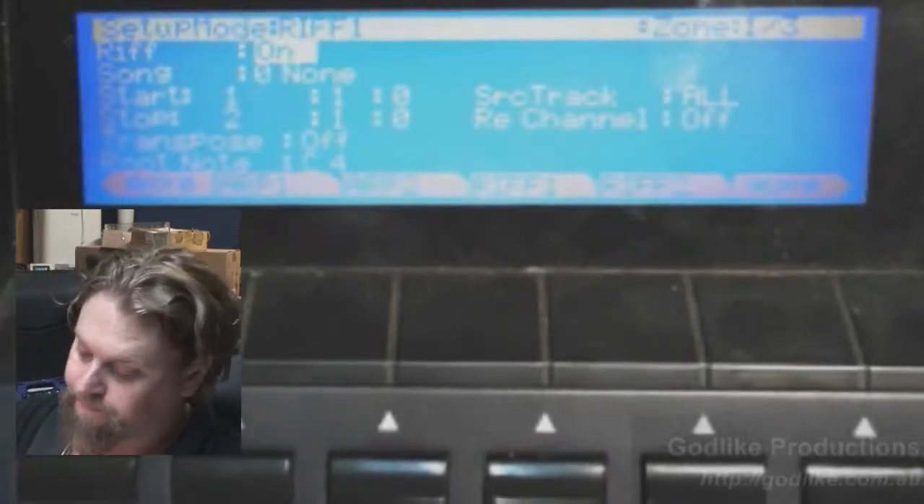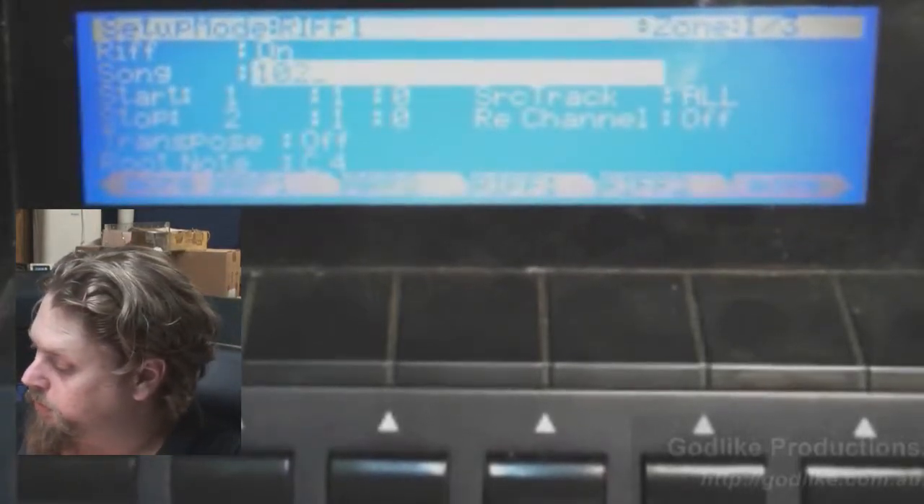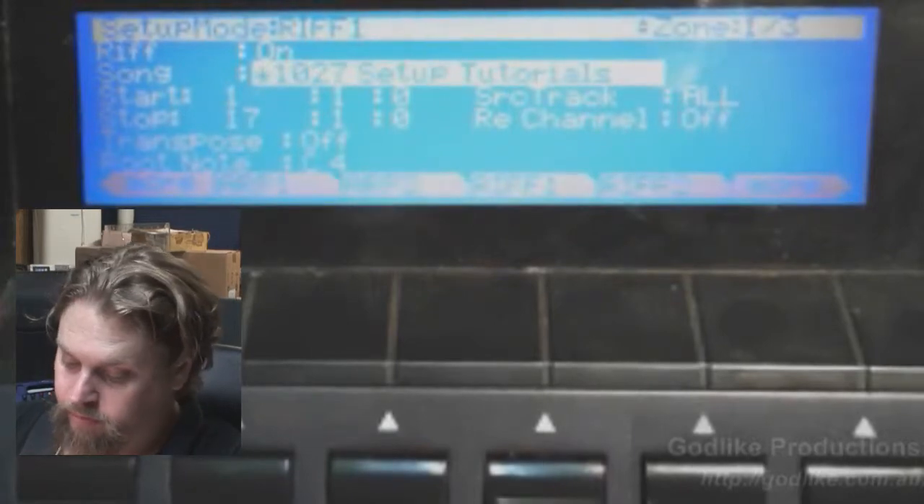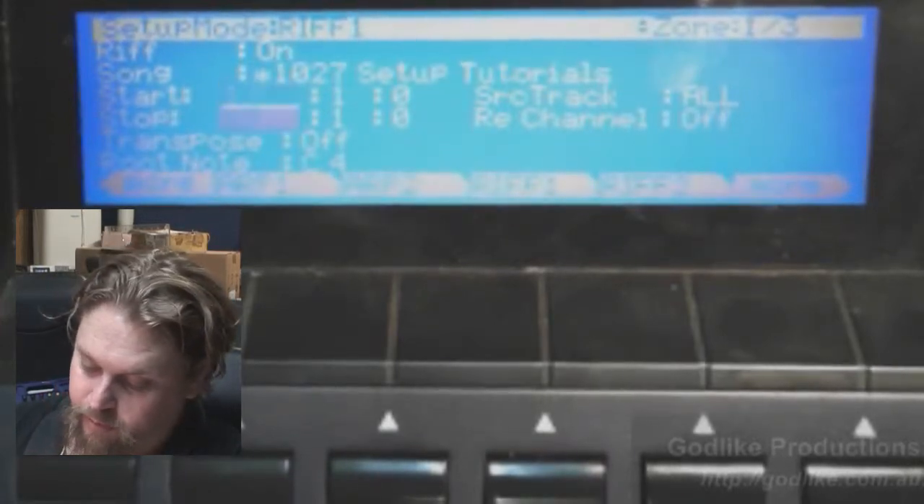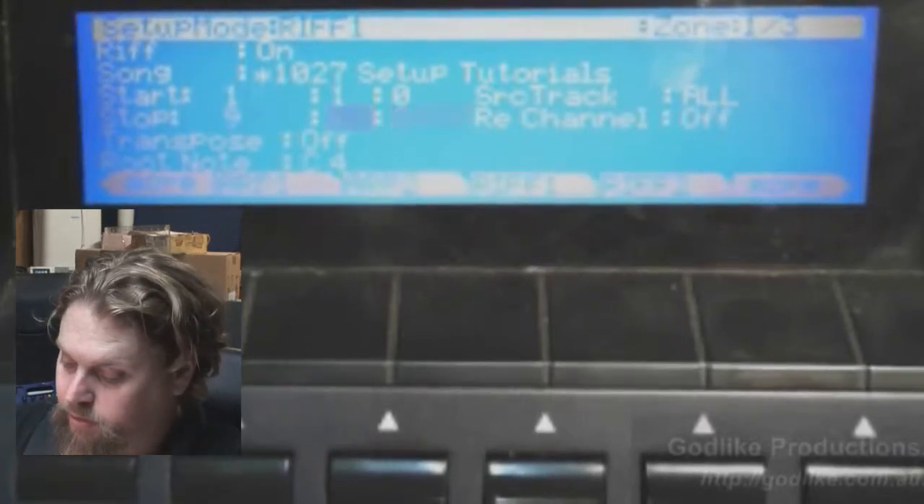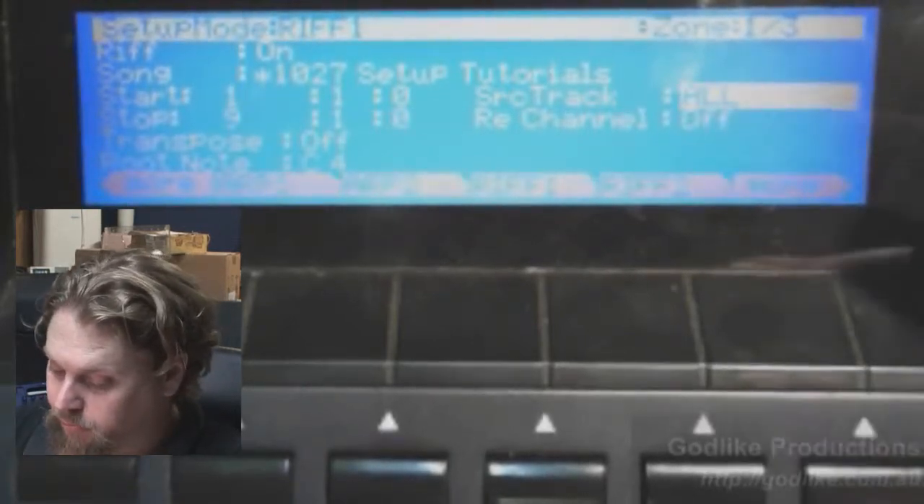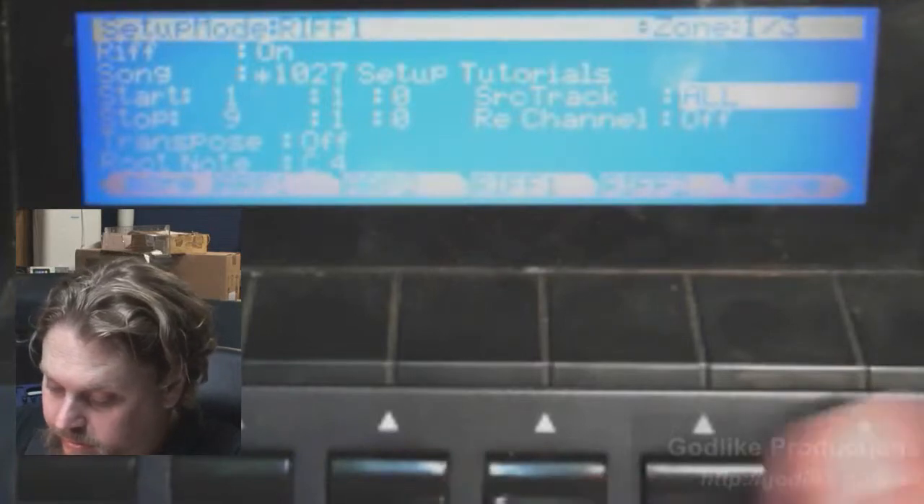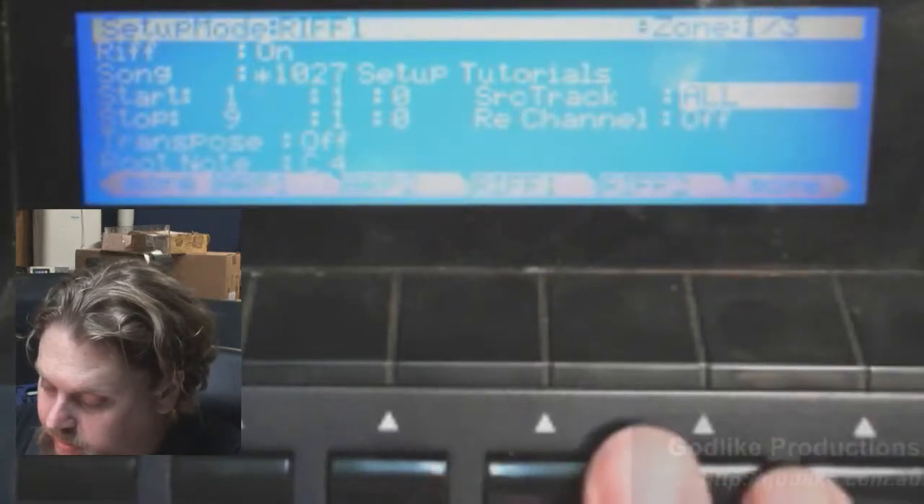We want to turn this riff on, and we want to use that song that we just created, which is 1027, set up tutorial, and I want to play from bar 1 to bar 9. Okay, source track. Now you can play all 3 of them, so I think if we play this now,